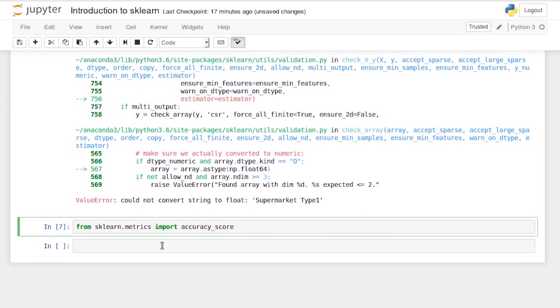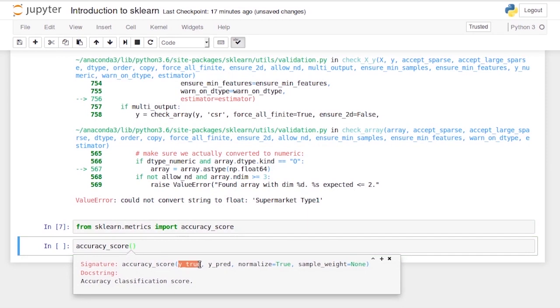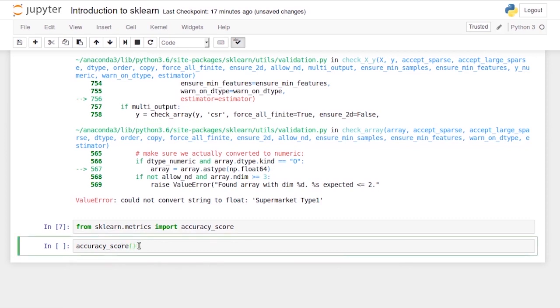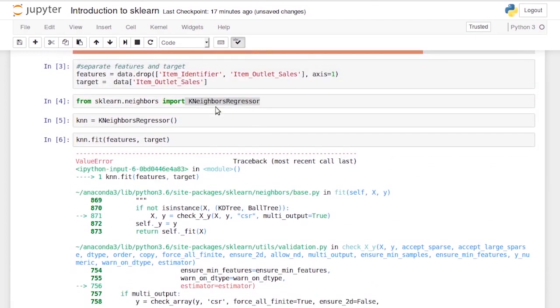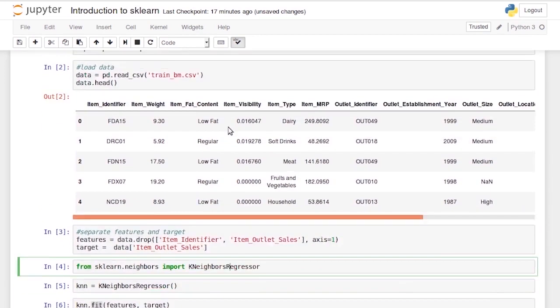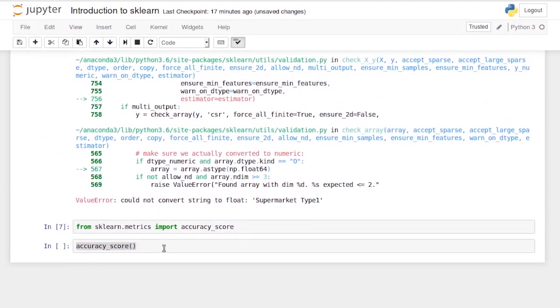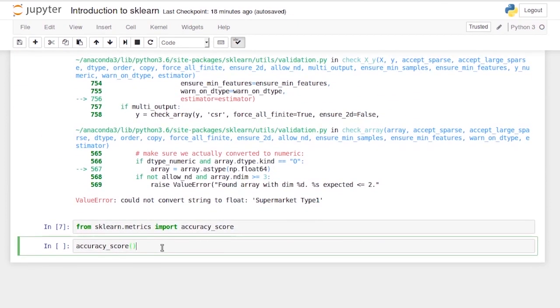Whereas in the case of accuracy score, you have to simply give in the two values, which are your true values and the predictions from your model. So accuracy score does not have any functions. This itself is a function, right? But KNeighbors is a class because it offers multiple functions to you, which are .fit and .predict and so on. So that's how we can work with sklearn. It's extremely simple, and you don't need to know this concept of class and functions as well. Now we'll be using sklearn throughout the course, and while working with the projects, etc., you'll get familiar with this.